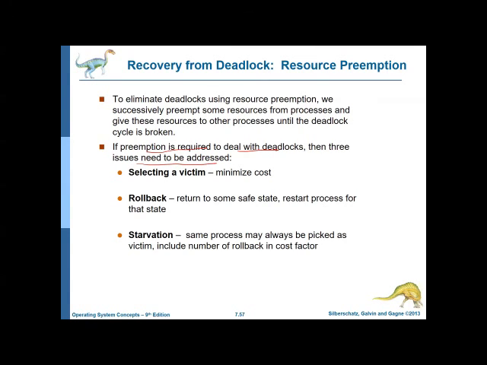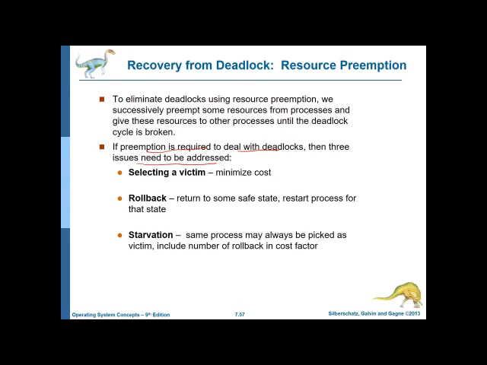So one of the things is selecting a victim. Victim is the resource which is going to be preempted, and based on which, the process that will be affected. That is known as a victim. So which resources and which processes are to be preempted? When I say the resource is preempted, it is affecting some process also, right? So both of them are there. You can call them together a victim. So selecting a victim is simply determining which process and which resource are to be preempted.